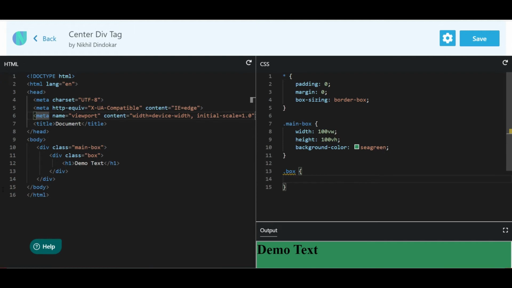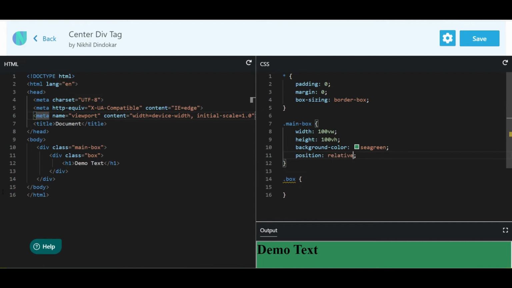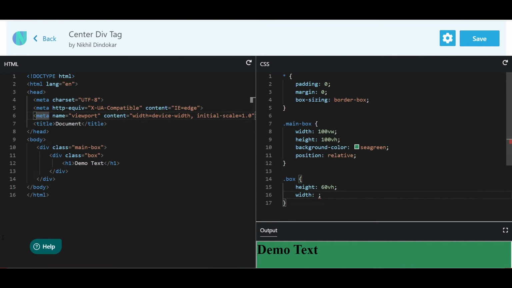The first technique we will use is position. The position will be relative, and height will be 16vh, and width will also be 16vw.